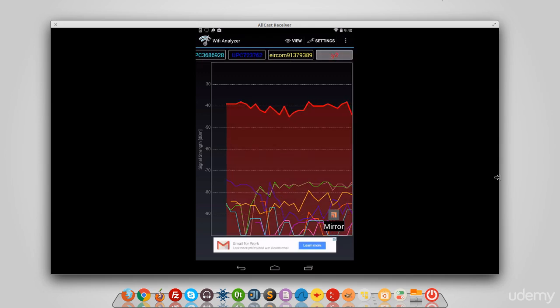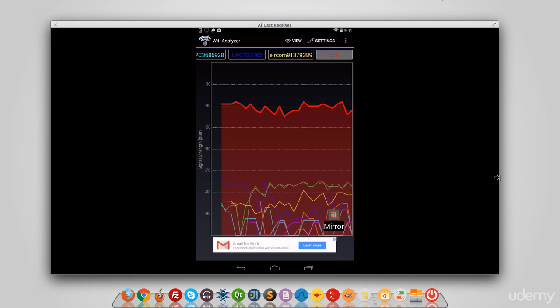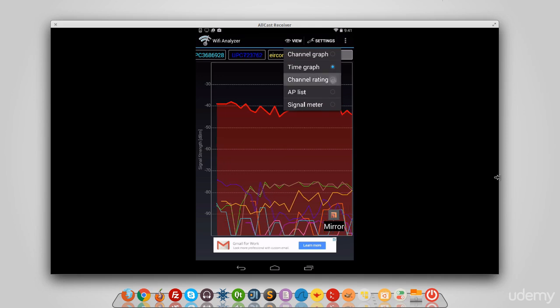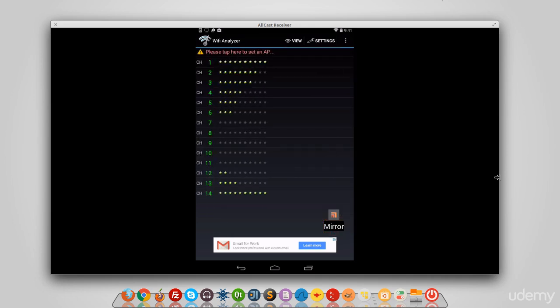And you can see it is the one with the strongest signal and the most consistent of all of them. Now, the other view that we have is the channel rating. And it'll basically show you which channels are being used most. Now, this is actually really handy because if you go back,